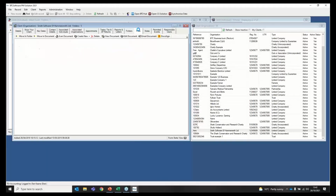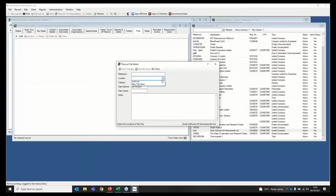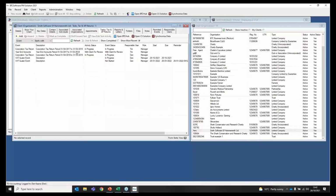Another few tabs just to mention are files for the tracking of physical files. If you have files recorded or stored in a specific filing cabinet, archived, or in storage, you can keep track of those physical files in here. And then notes is a free-form note section in which you can make any notes that you want to on the client. Now, if we've got a little bit of time here, we can look at a set of